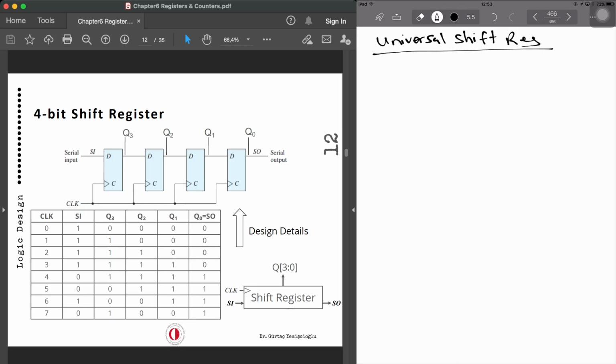So I'll say we have got operations based on S1 and S0: 0, 0, 0, 1. These are the mode controllers. So what kind of operations are we going to do? They are based on these S1 and S0. And the register operation,